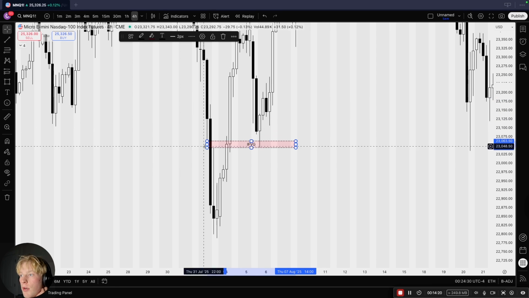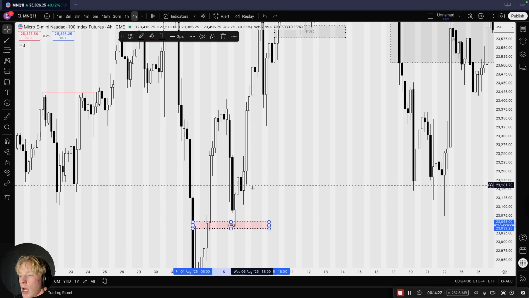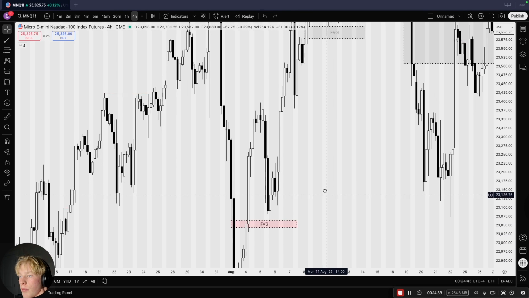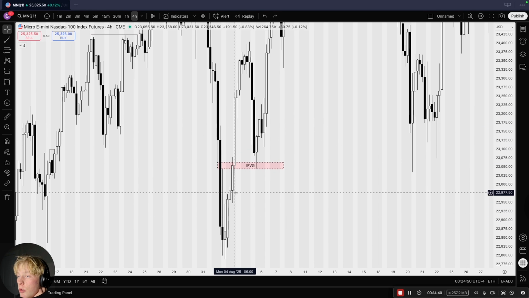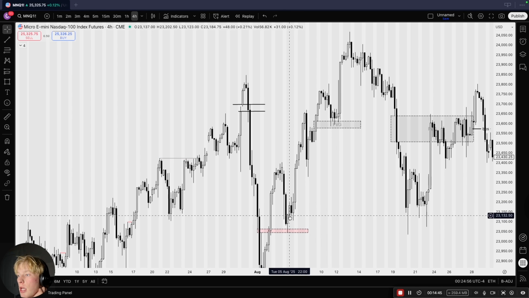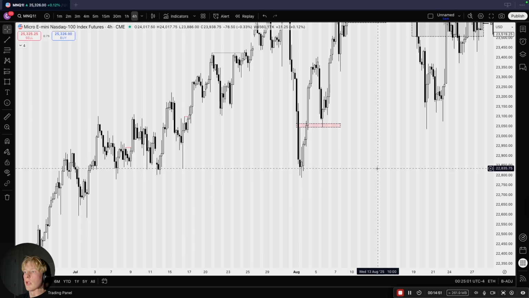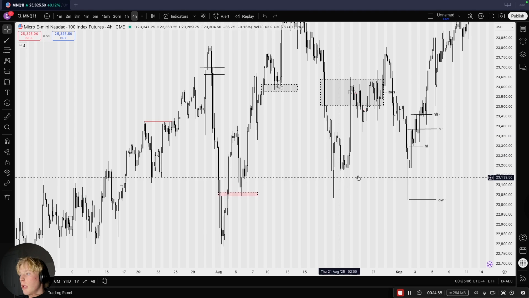So it now becomes an inverse, and what price can do is go ahead and use that as a rebalancing tool to come down, tap, and then move higher, which is exactly what it did in this example. Okay, so what is this? Well, it's a signal that we are changing structure from bearish to bullish. It's a change in volatility. And as you can see, that inverse actually leads us to going through this entire bullish leg. Okay, so there's your example there of an inversion